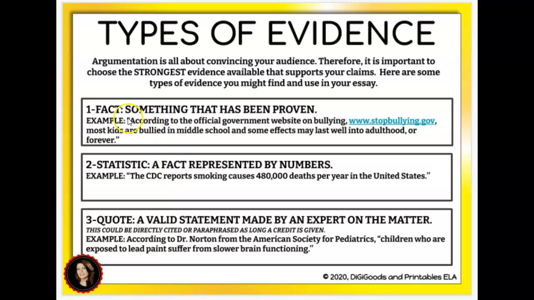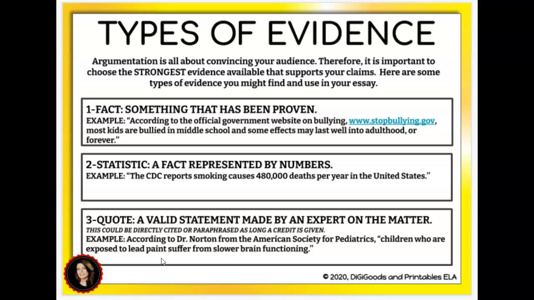Notice that these pieces of evidence are enclosed in quotation marks. That is because they are direct quotes. When you're writing evidence word for word that somebody else has written, you have to put them in quotation marks to show that these are somebody else's words. And then you have to give credit to the person who wrote them. Unless you're paraphrasing. To paraphrase means you are putting things in your own words. In this case, you wouldn't need to use quotation marks, but you still need to give credit to the original